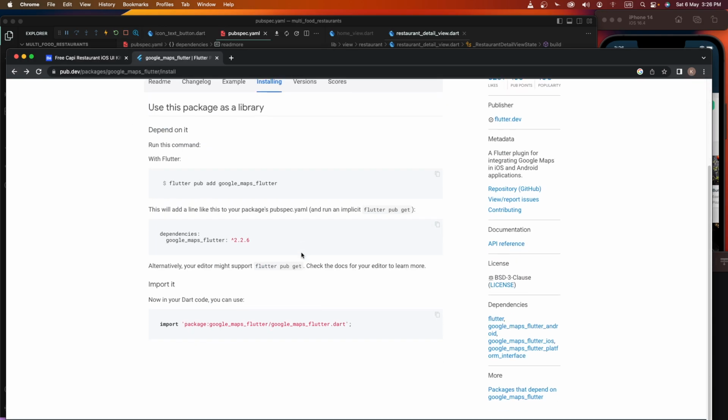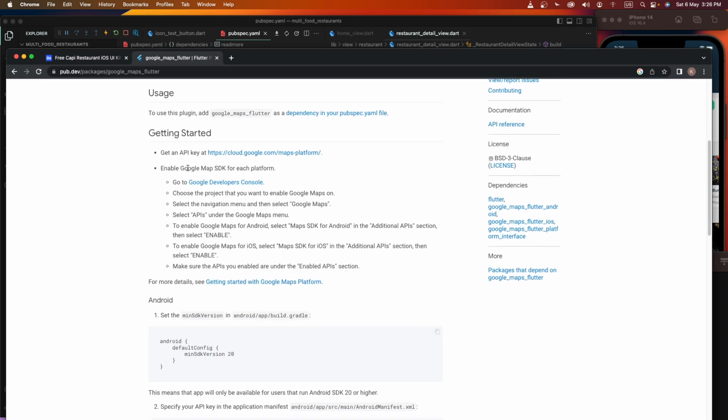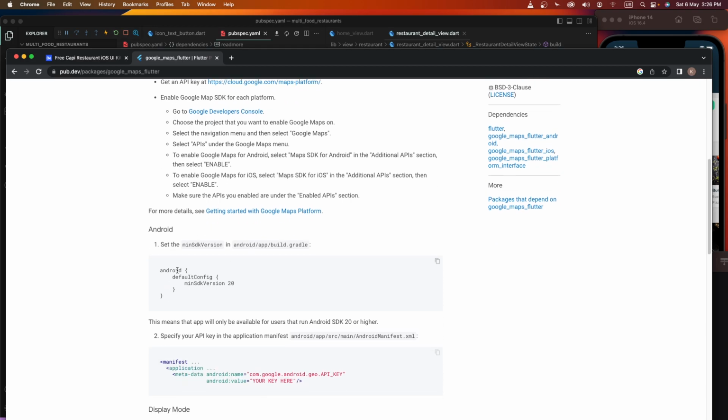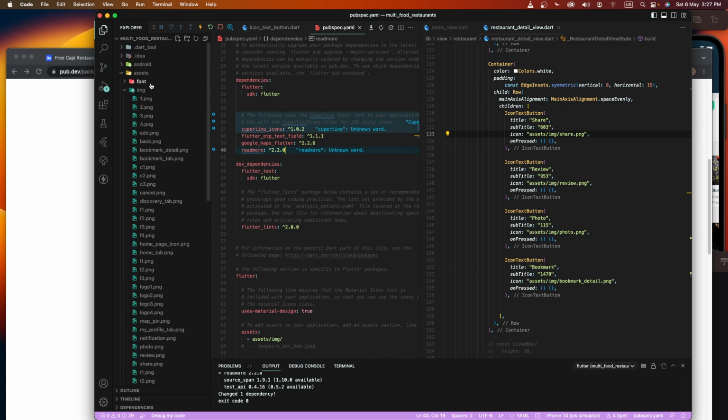Google map, and first of all please follow this process in the documentation. I have already created this thing. I will create one API key, and if you use Android, set this minimum configuration. We need to go inside here, the folder here, open,